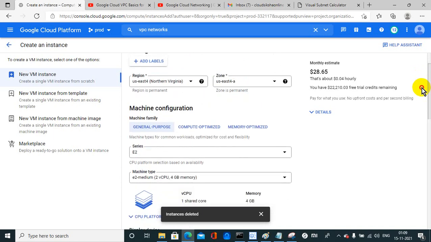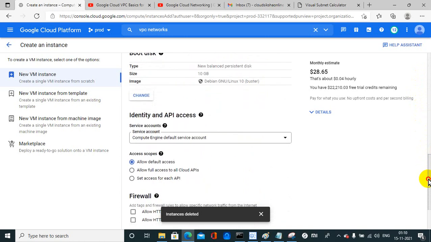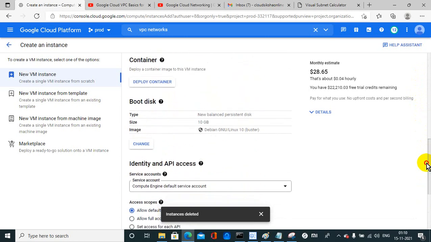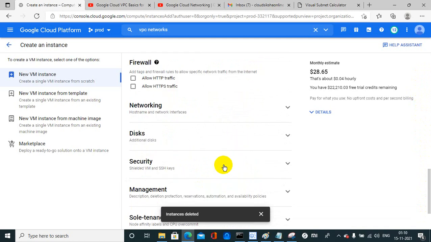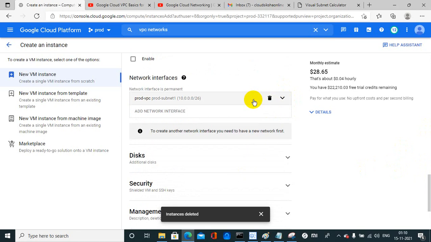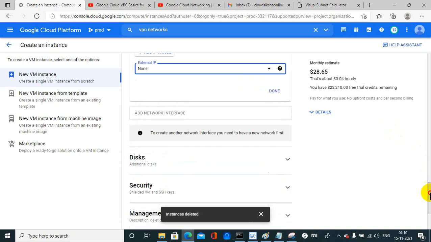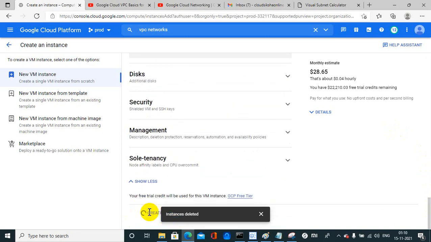So I am creating instance one in US East 4, and this is a Debian Linux machine. Then networking. In the networking section, I'm going to select the VPC and VPC subnet 1, with no external IP. Ephemeral means the IP address changes every time you reboot the instance; it will change automatically. So I'm creating the instance,